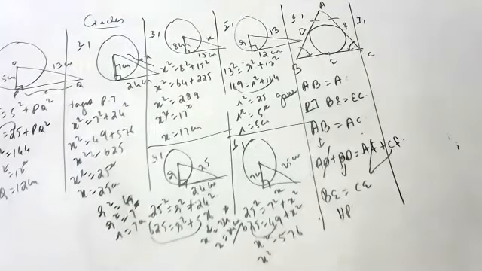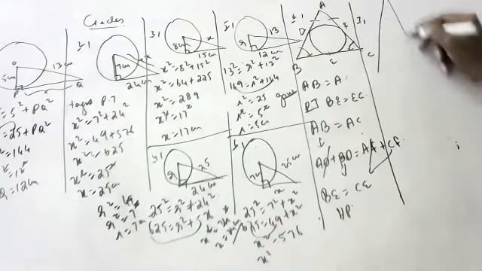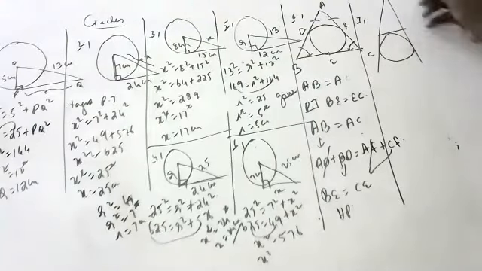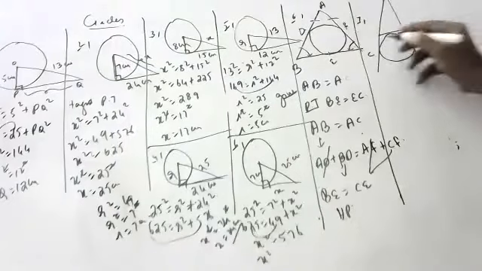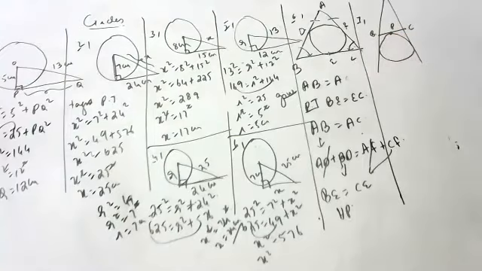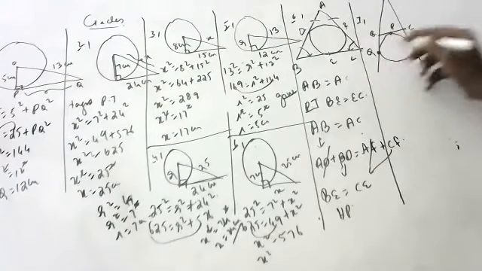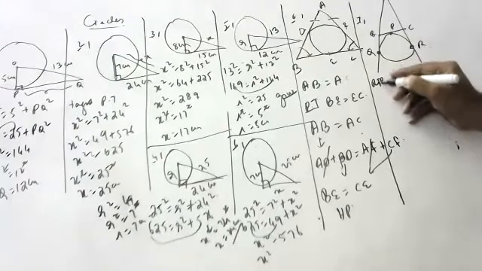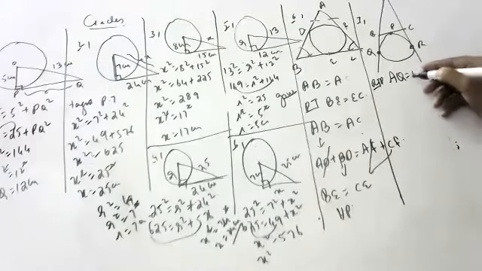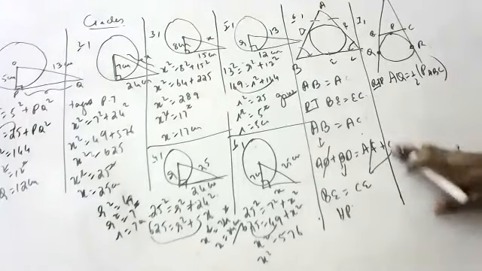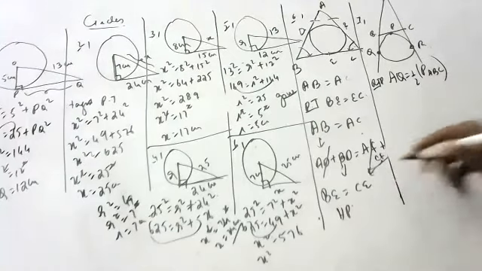Please see, children. The question is like this. There is a circle. This is A, this is B, this is C, this is P, and this is Q. Everyone is copying, nobody is sitting idle. This is R, children. We have to prove that AQ is equal to half of the perimeter of ABC.